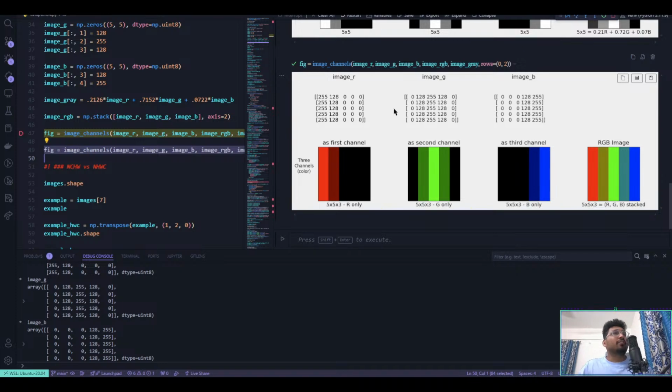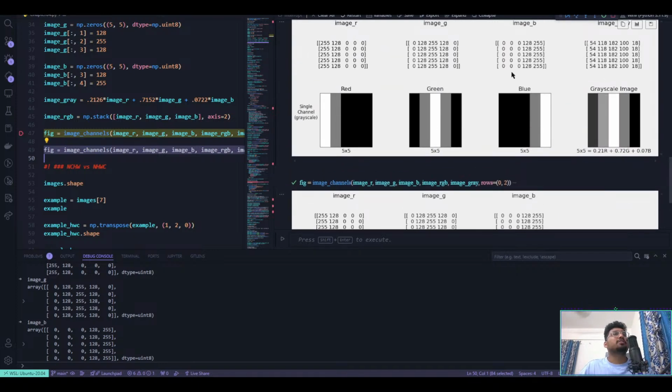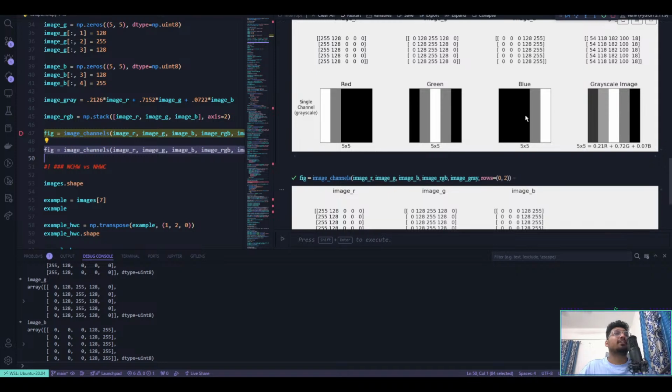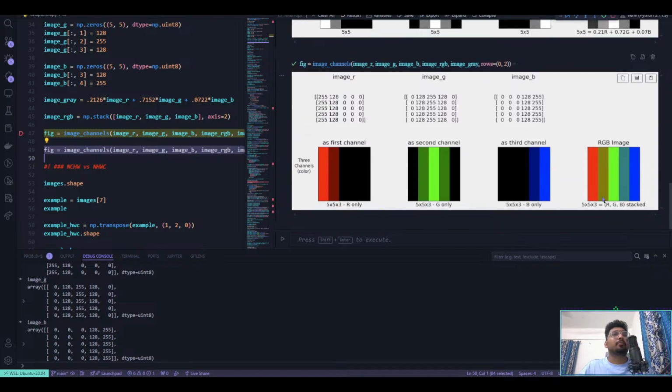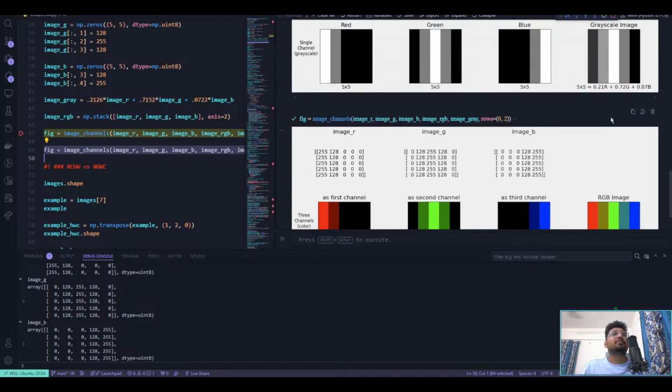So if it were actually colored, this is how it would look, right? The intensity of red, the intensity of green, how intense they are, we're defining it here itself. The only difference you see is that the intensities remain the same, we are just adding in the colors, right? And then we are adding them up and something looks like this. So if you check now, the resulting shape is 5 comma 5 comma 3, and here it's actually 5 comma 5